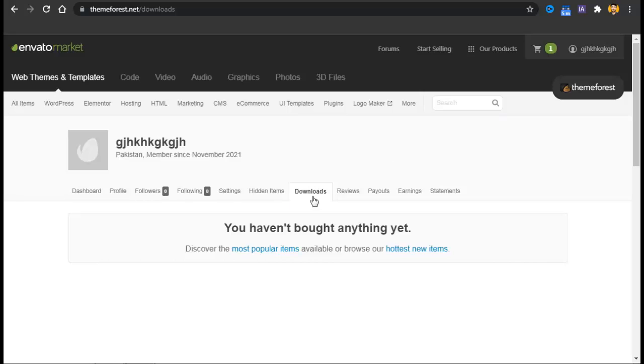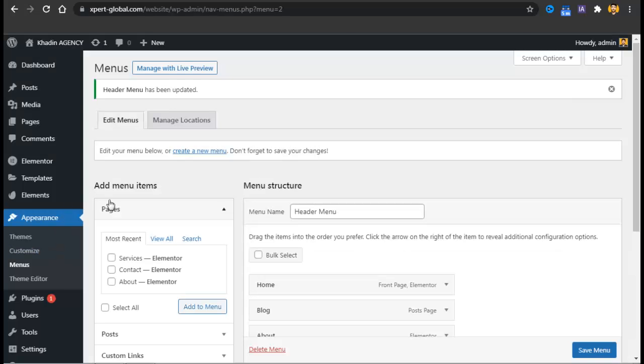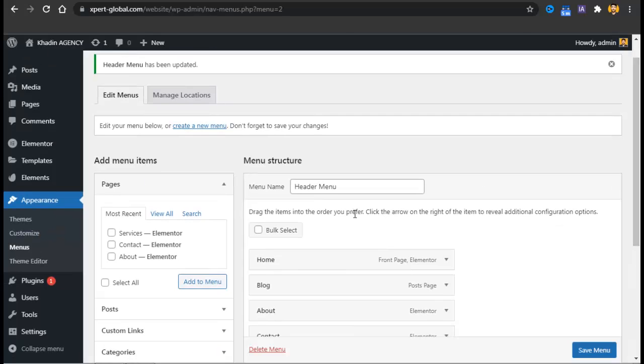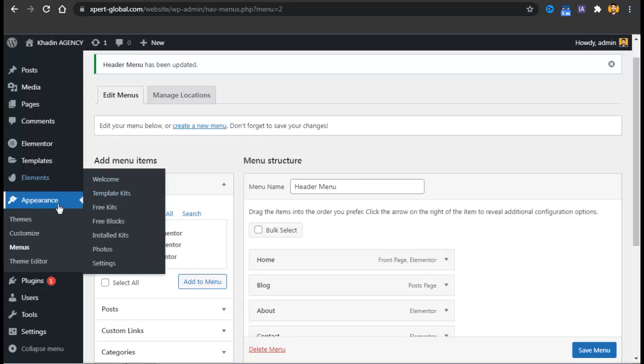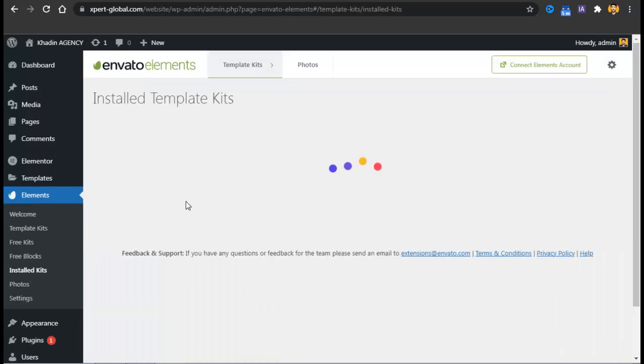Now I don't have that file because I have not bought it. This is my dummy account, but for you the file will be available. You just have to download it, and after you have downloaded it, go back to your WordPress dashboard, and go to Elementor and Template Kits.